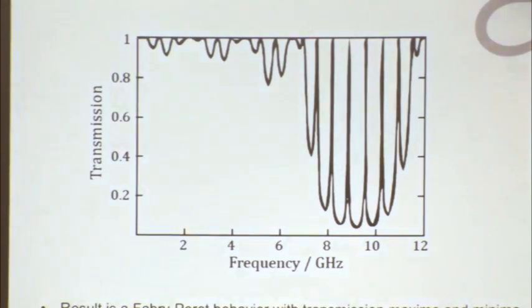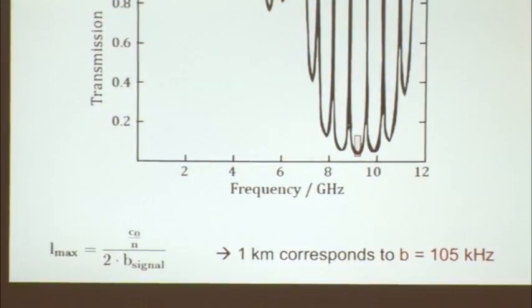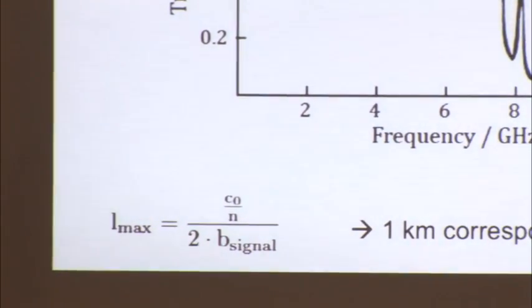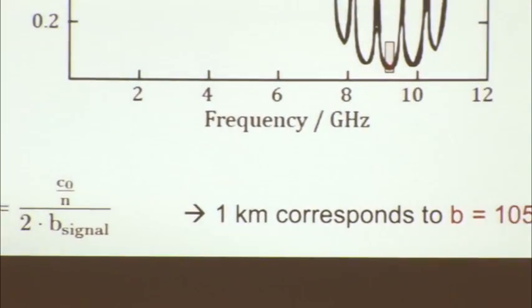And the next problem is, the longer we exceed that distance, the tinier the delta F. So the longer the tunneling distance, the smaller the signal bandwidth we can actually use for this specific topic. Yeah, and this is just an example. 1 kilometer, so if I had a waveguide of 1 kilometer, I would not be able to use a signal that has a bandwidth of more than 105 kilohertz. This is very small. It's still something beyond our audible range, but this is probably something we can work with,